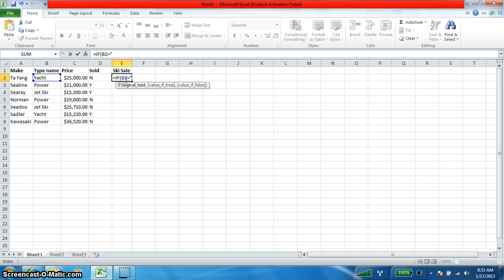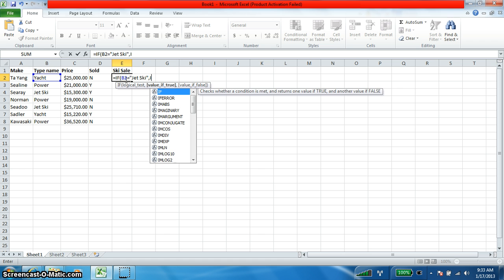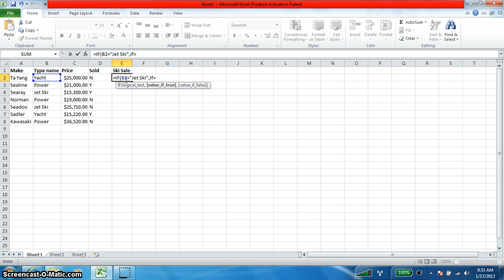Now, because it's text, we need to put speech marks. So, "jet ski", close speech marks, comma. Now, at this point, if it's true, we also want to put another if statement. So, if